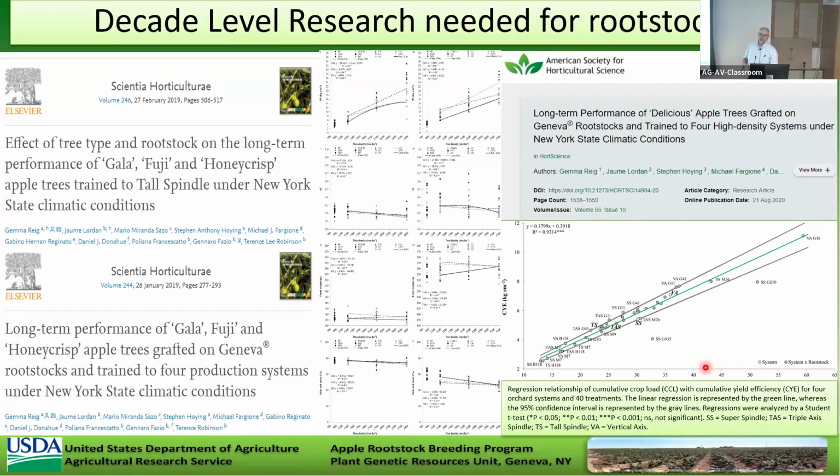So it's been more than 50 years since this breeding program started, and it's taken a long time to release several upper rootstocks, and many of the rootstocks released were initially crossed in the 1970s, 80s. So it takes decade-level research in order to study apple rootstocks. And so these are some of the long-term papers that we have produced, the research done by Terence Robinson and our group,